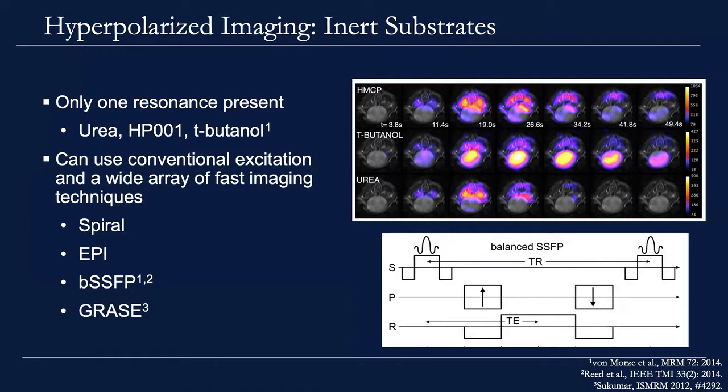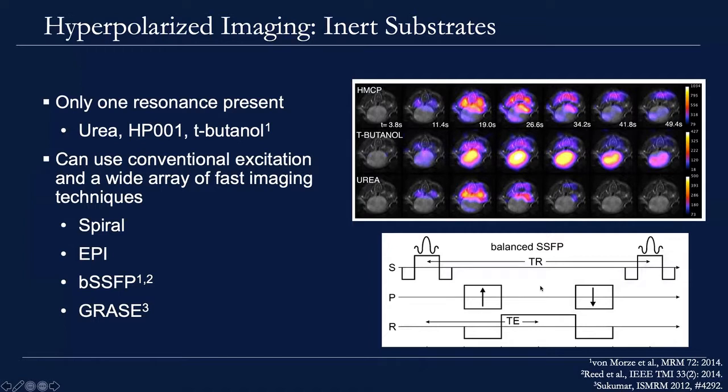You can do Cartesian at the cost of scan time, or you can easily do something like a single shot spiral or EPI to minimize your scan time and maximize your coverage. What's rather common to do with these approaches, though, is this idea of balanced steady state free precession, where you recycle all the gradients within each